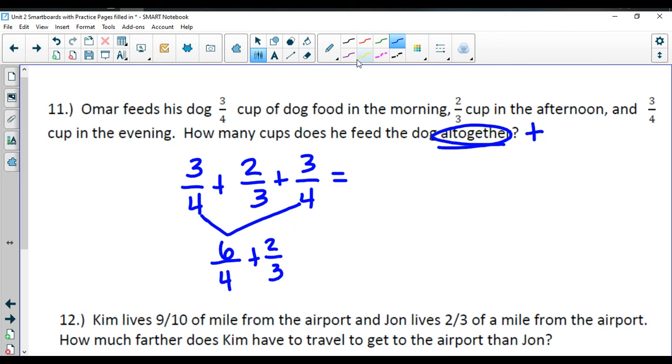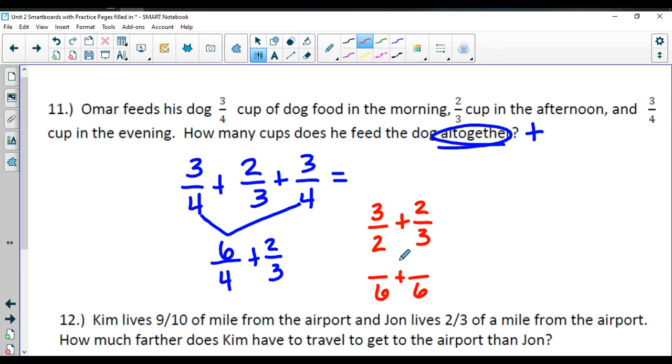Now, something else that you can do is realize this is not reduced yet. So if I reduce it, I actually get 3/2 plus 2/3,